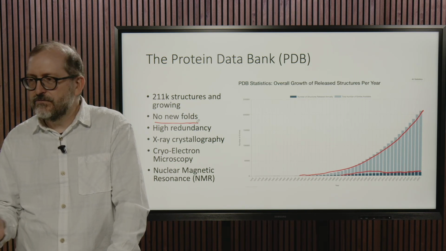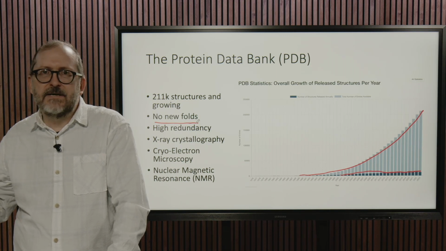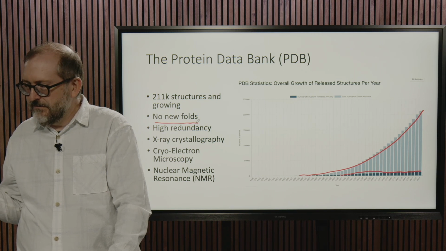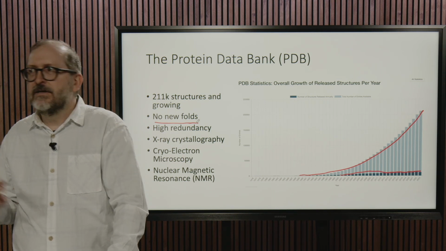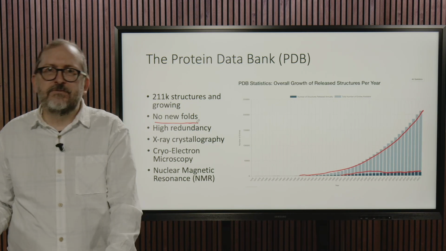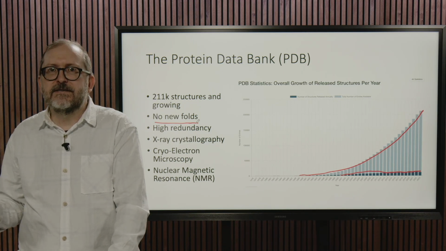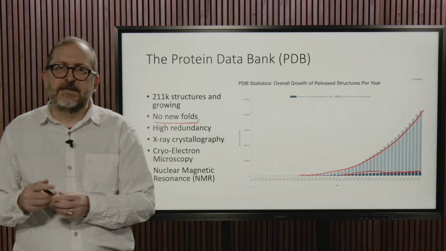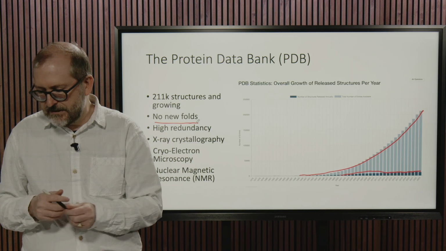Maybe just twice, maybe a lot more than that. And it's not exactly the same structure because maybe they managed to get higher resolution, maybe it's in complex with some ligand, maybe they mutated one of the residues. There's always some reason they submitted. I wouldn't say it's redundant, but it's near redundant, and that actually turns out to be pretty useful